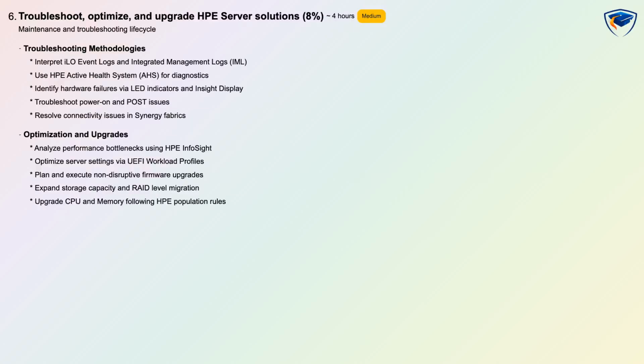Troubleshoot, optimize, and upgrade HPE server solutions is 8% and focuses on maintenance and lifecycle tasks with medium difficulty and scenario-based assessment and about 4 hours of study. You will learn to interpret iLO event logs and Integrated Management Logs, use Active Health System diagnostics, identify hardware failures from LED indicators and displays, and troubleshoot power-on and POST issues as well as connectivity and